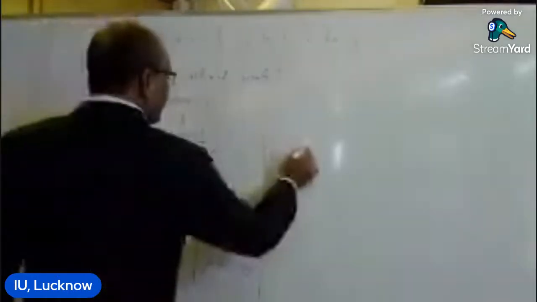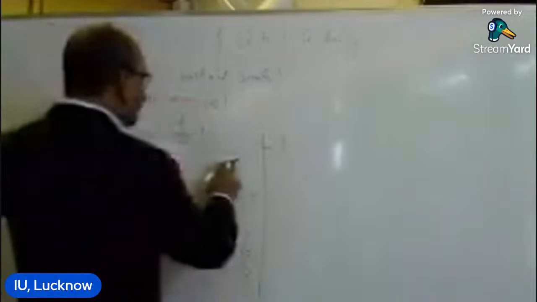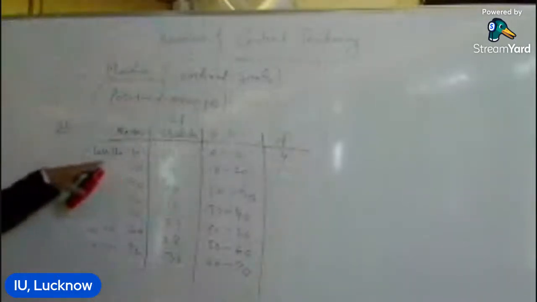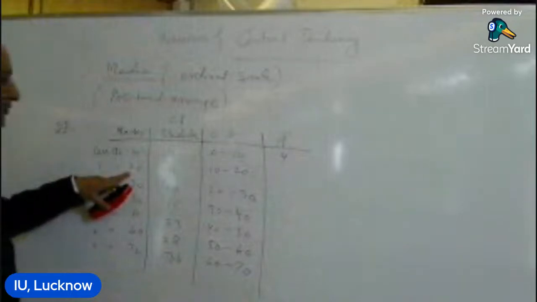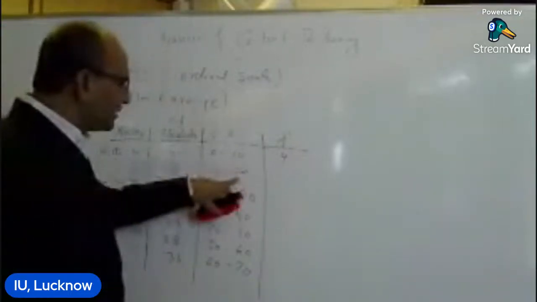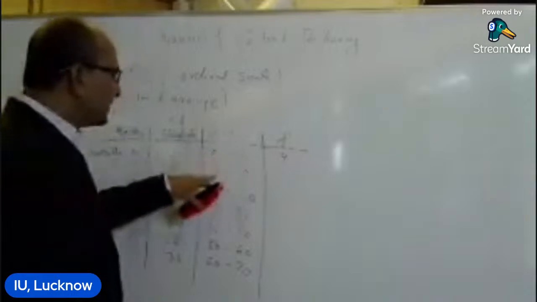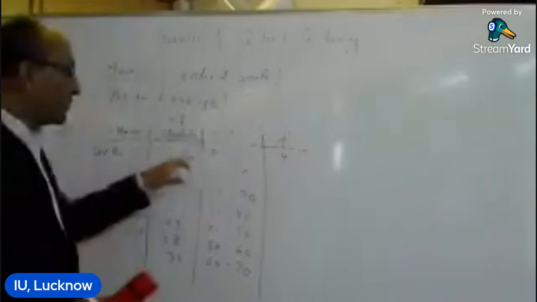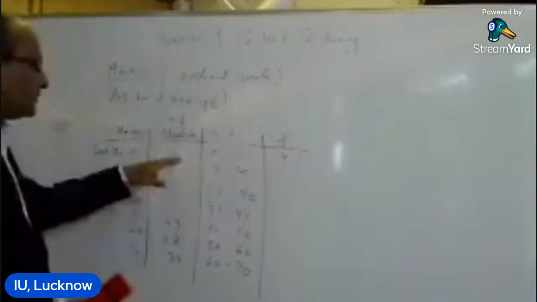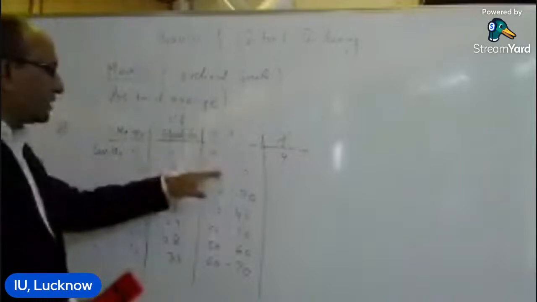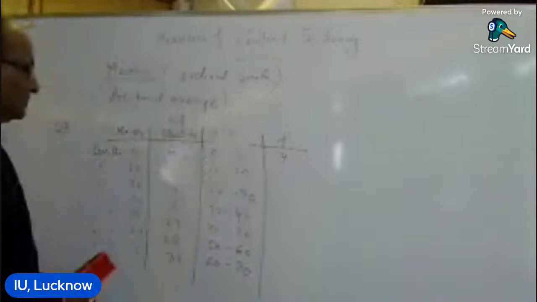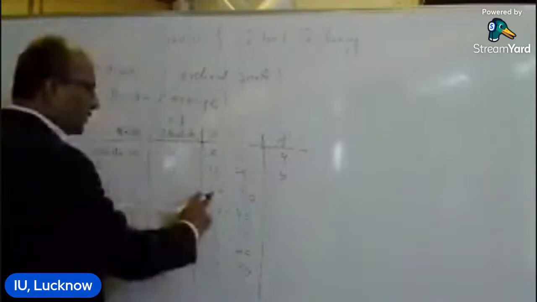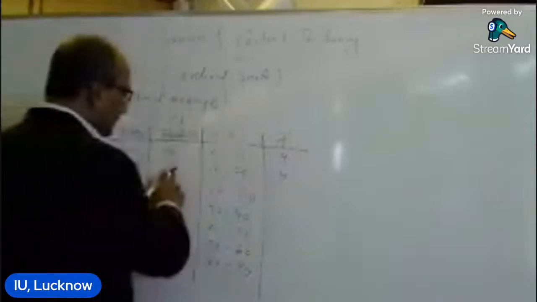the frequency is what? For 10 to 20, we know already this is the 4. Here is 8. 8 means less than 20, 0 to 20. So we want 10 to 20. So 0 to 10 and 10 to 20 is 8. So just subtract from 0 to 20 the 0 to 10: 8 minus 4, so this is again 4, and for 20 to 30, just 10 minus 8, this is 2,